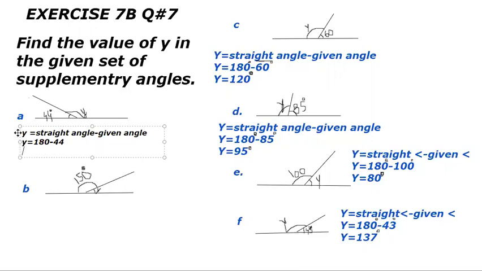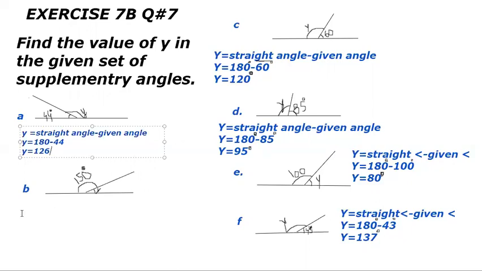180 minus 44 degree gives us 126 degree. It means that the value of angle y is 126 degree. If you add 126 in 44, it will give us 180 degree. And it means that 44 and 126 are supplementary to each other. Similarly, the next question is